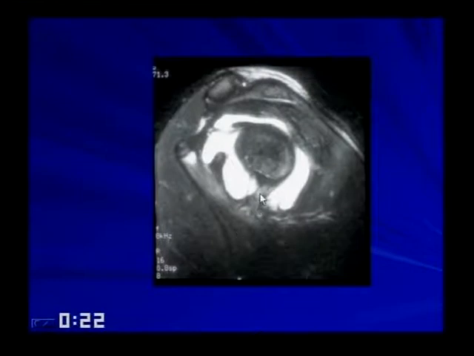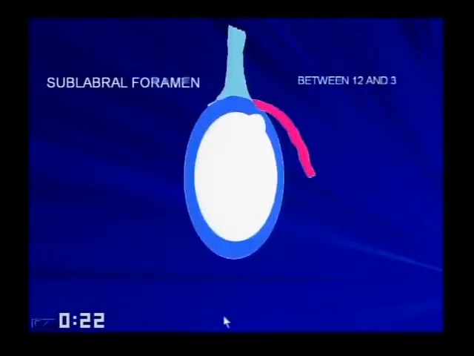Now here's another, the anterior and posterior inferior glenohumeral ligaments. Sometimes you don't really have discrete ligaments. You'll have it all fanning out down in the axillary recess, and that's sort of a normal variant. Now, there are some normal